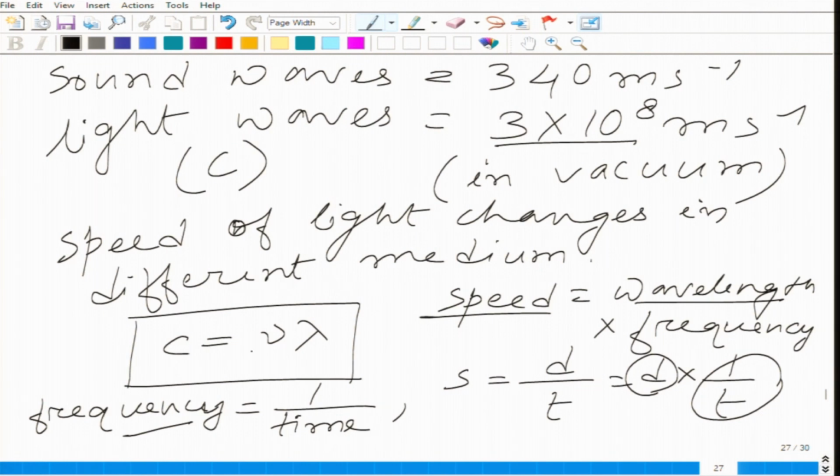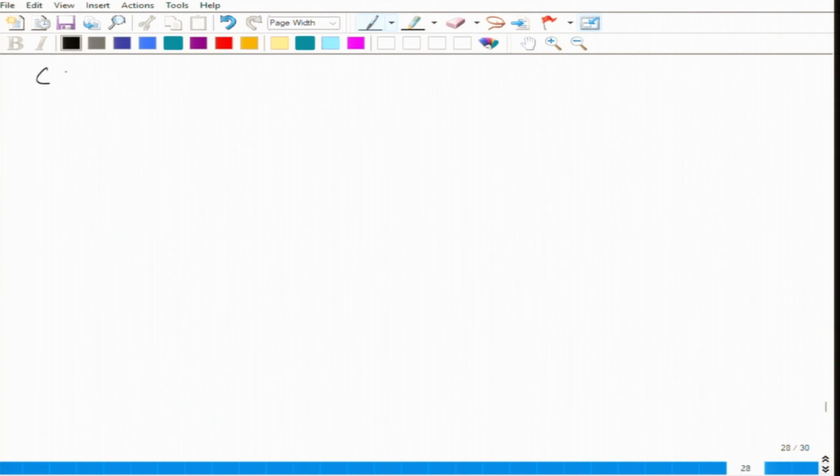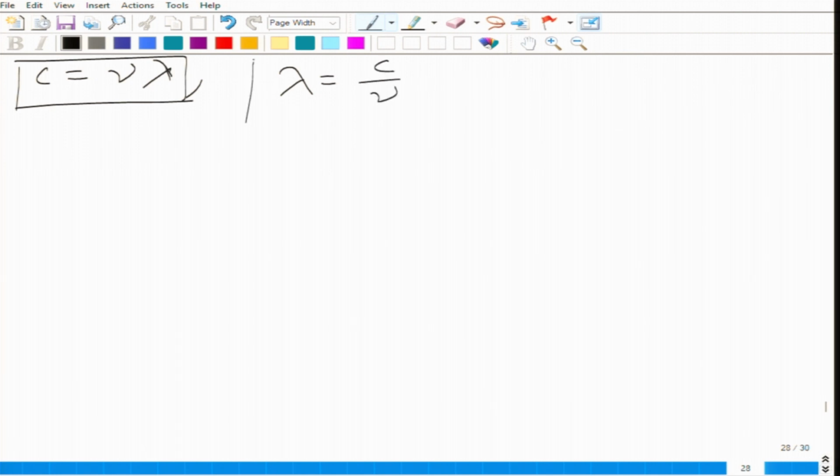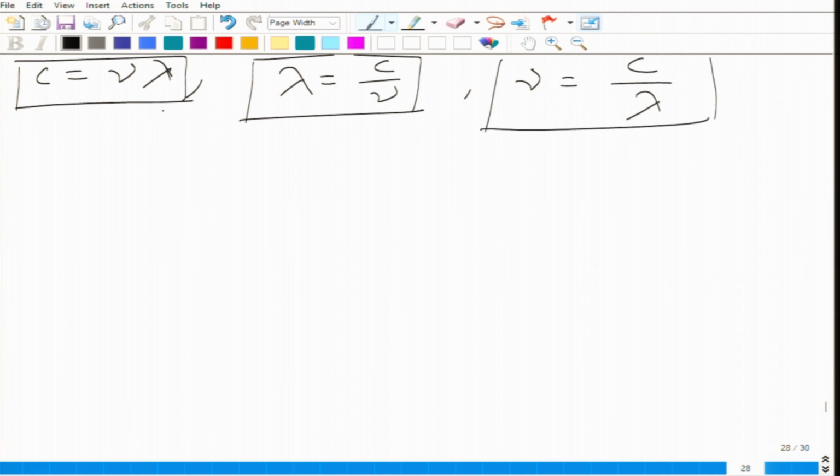So this can also be reformed. If C equals nu lambda, then we can say lambda equals C by nu, and nu equals C by lambda. These three formulas are very important. You have to remember this because numericals are asked from this. Let's take one example. Suppose the wavelength,